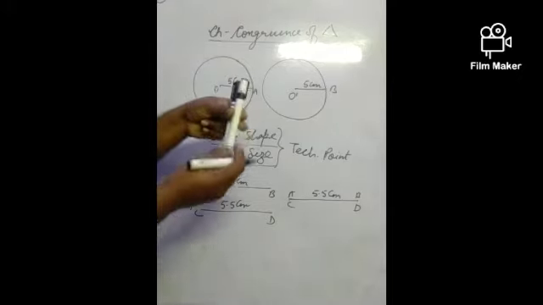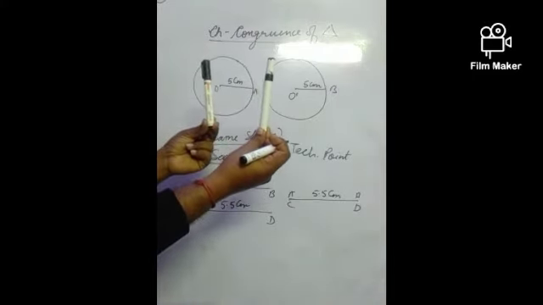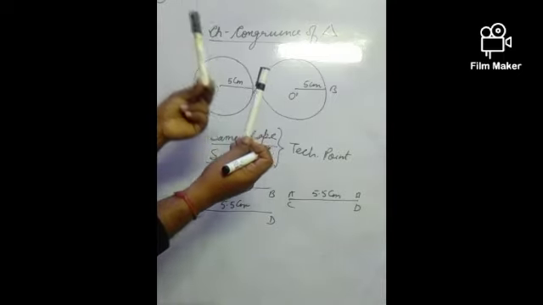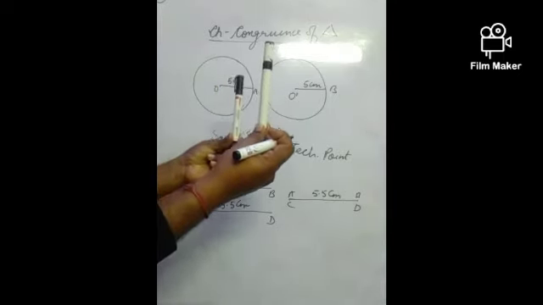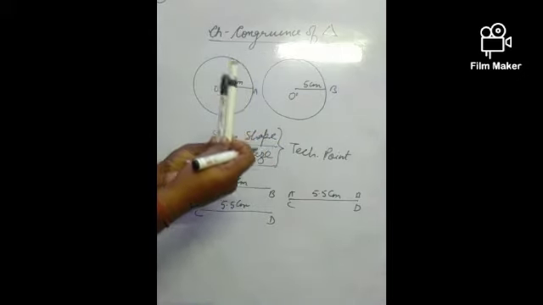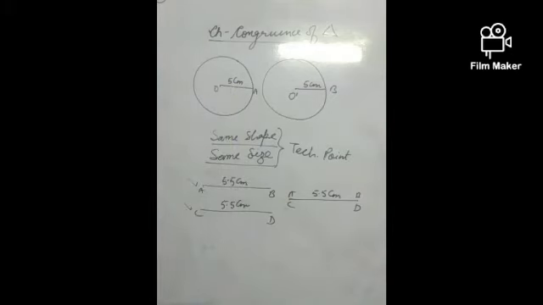These 2 are markers and both the markers are congruent because their size and shape is exactly equal. Only this is the new one and this is the old one, but actually both are one company's make. Their size and shape are exactly equal, means volume as well, everything. I am not going through the volume, actually I am discussing the 2D figure today. Later on we will make a video for 3D objects.